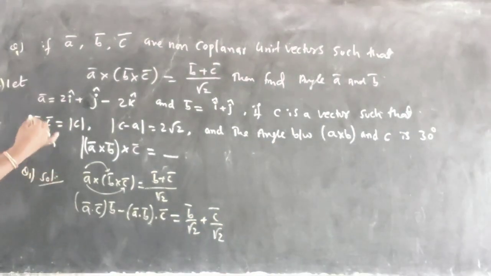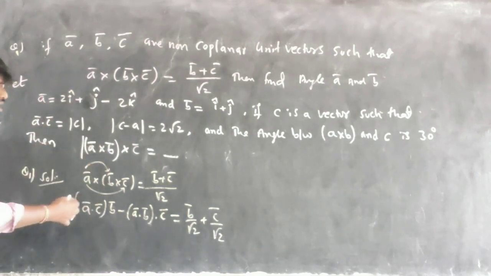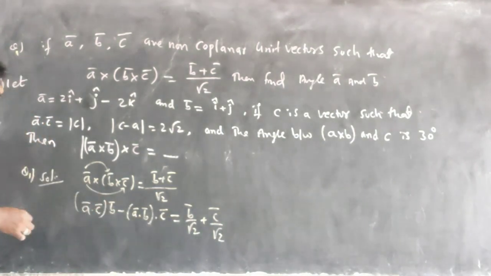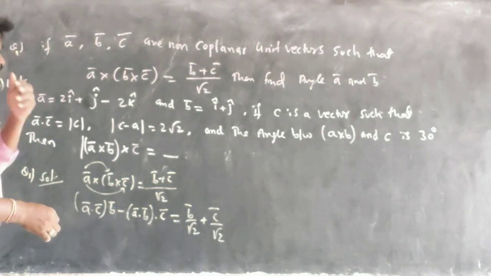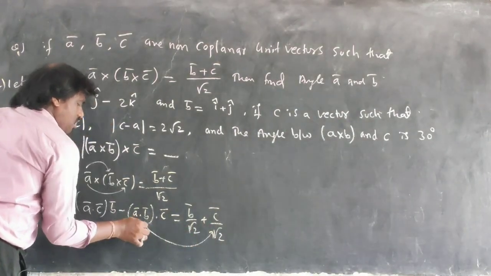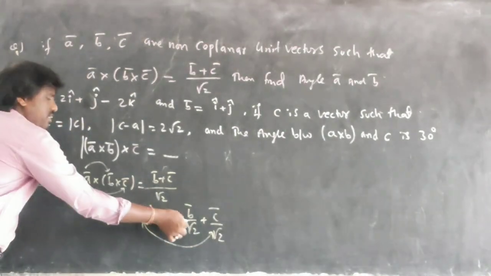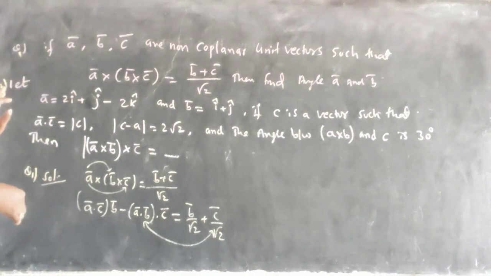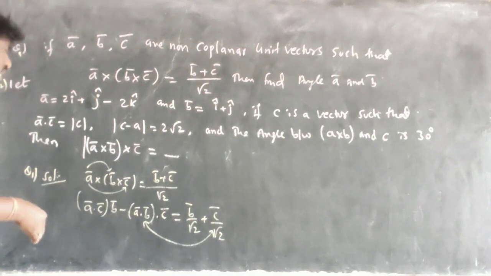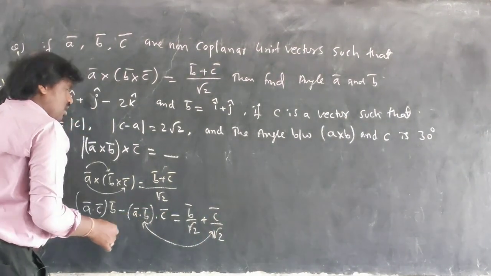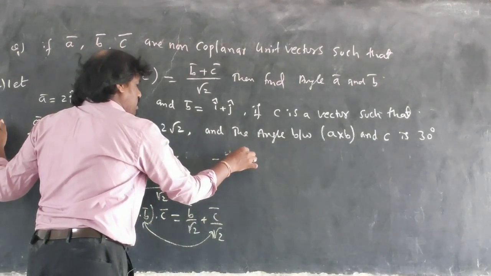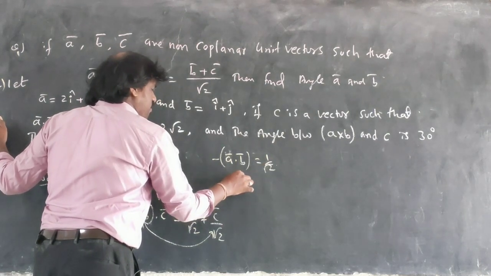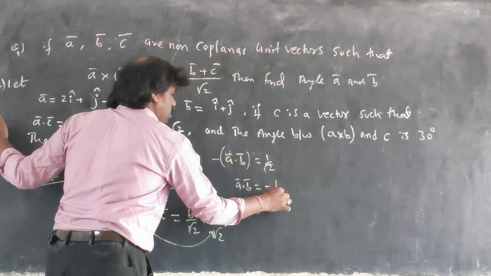We have done many questions, 2015, 16, 17, 19. All these are the same model, repeatedly asked. So if you compare the B vector, what is asked here? The angle between A and B. So you compare this one, and this one is not required. If I compared the other one, I would get the angle between A and C, but the question asks for the angle between A and B. So you can compare these coefficients: minus of A dot B is equal to 1 by root 2. That is, A vector dot B vector is equal to minus 1 by root 2.